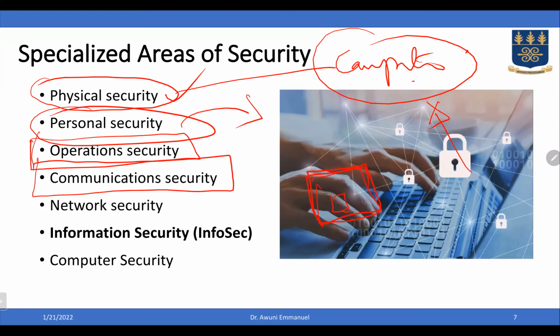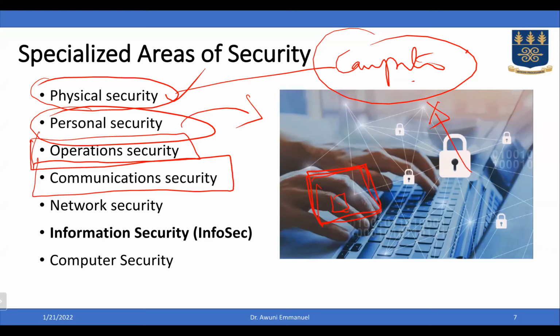For instance, nowadays almost everyone has a mobile phone. So if I pick my phone to call another person, I have to ensure that I follow certain security protocols in order not to compromise my device.